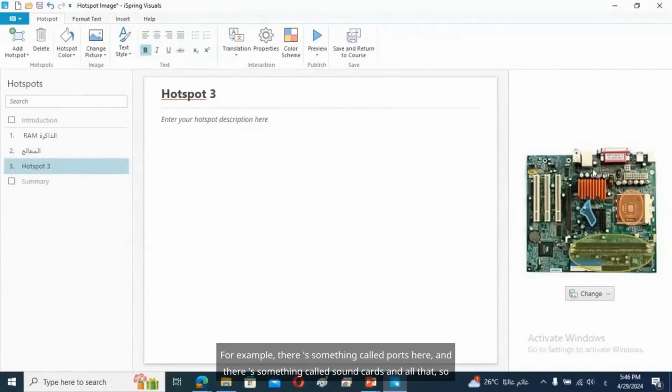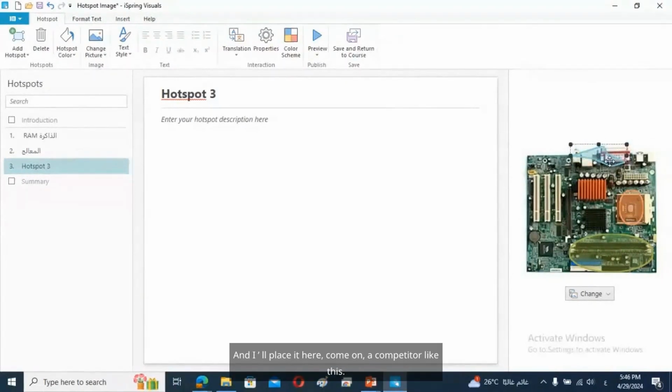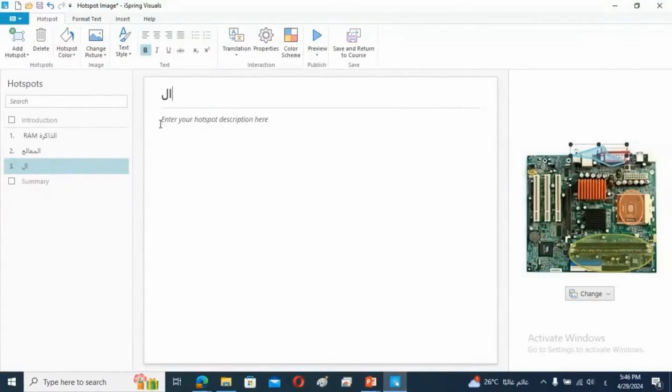Let's place the third hotspot. For example, there's something called ports here, and there's something called sound cards and all that. So we can place it on the ports here. I can place it on the ports here like this. This is the port, folks. Ports and a bit smaller, and I'll place it here. Come on, a competitor like this. And I say to the competitor of the device,